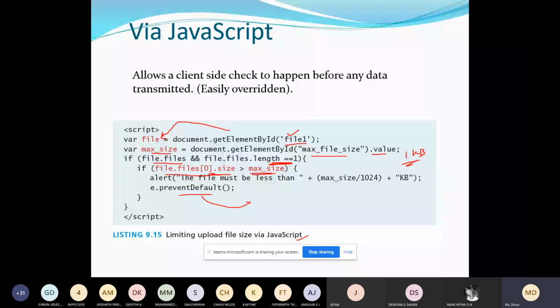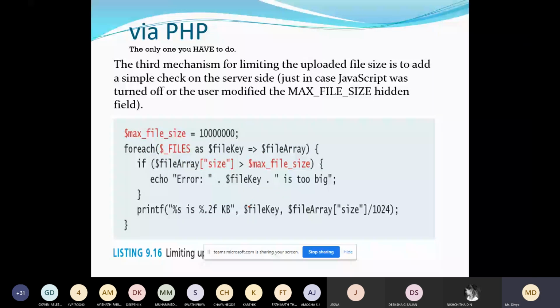This is how you do it using JavaScript, and you can also do it using PHP. Specify your file size; let us take this as 1 KB. You can use this field of the array, size, to check whether it is greater than this prescribed size.